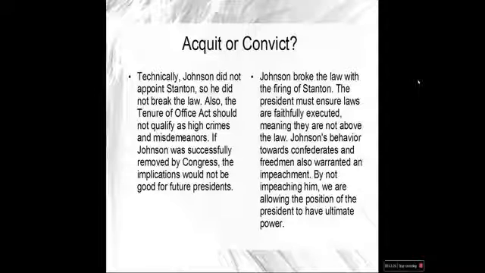Johnson should also be convicted because all of his actions were directed at two objectives: to help the traitors who led this country into a disastrous civil war, and to hurt the freedmen. First, he pardoned rebel leaders. Secondly, he opposed all attempts to give freedmen their rights. He took land from freedmen and gave it to rebels.